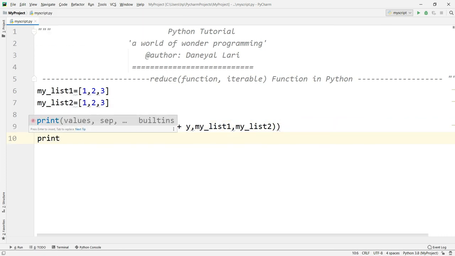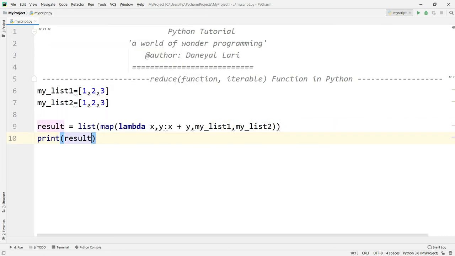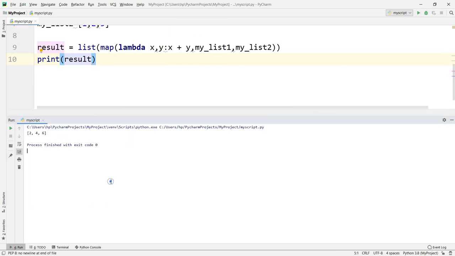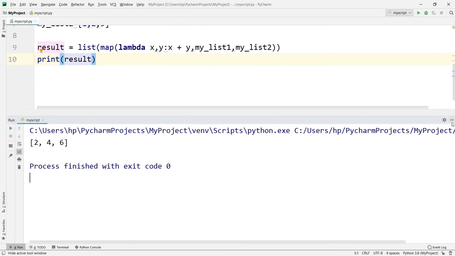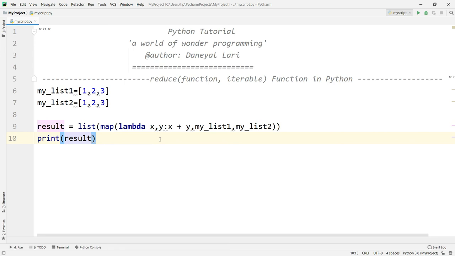So I will print the result. Look at here. I have already explained this one earlier, just before the reduce and filter functions. Just look, both lists have the same number of elements. Is it required, if we are performing this kind of operation, that both iterables should have the same number of elements? No, it is not mandatory. Any list can have any number of elements, it doesn't matter.